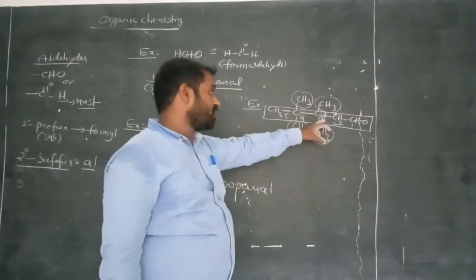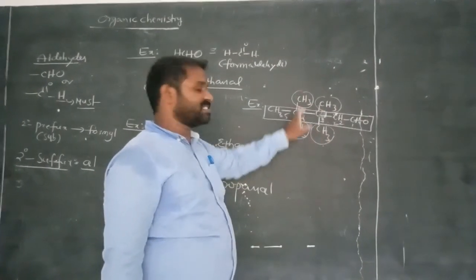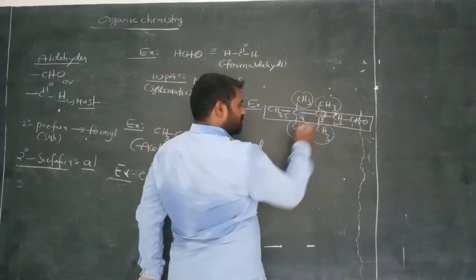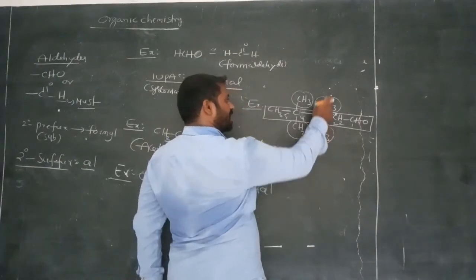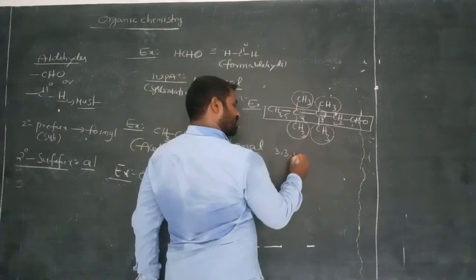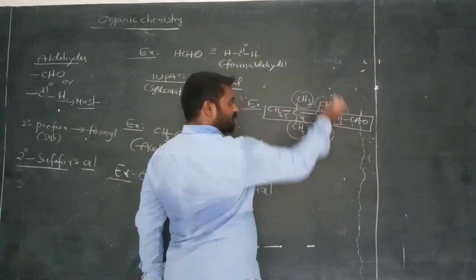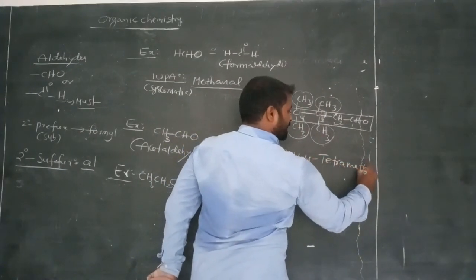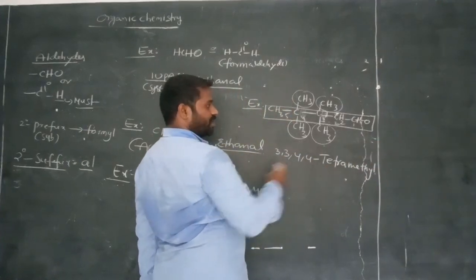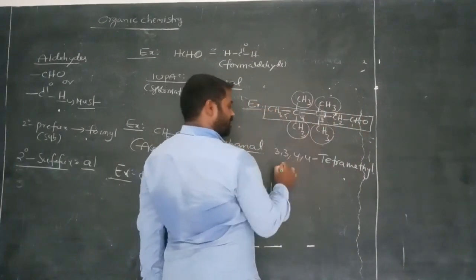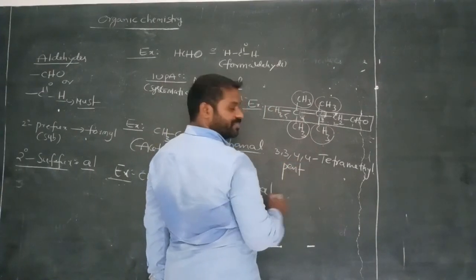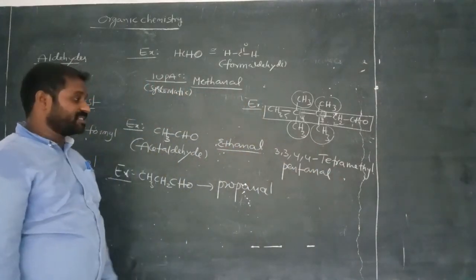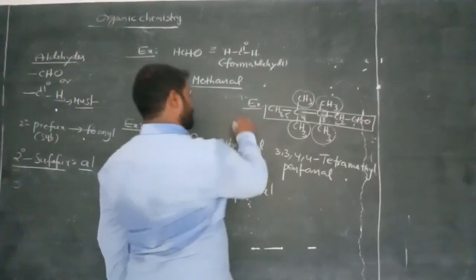CH3 means methyl groups. On the third carbon it consists of 2 methyl groups, and the fourth carbon also has 2 methyl groups. So write the substituents, that means the secondary prefix. On the third carbon, 3, 3. Why? Because at the third carbon 2 methyl groups are present. Come to the fourth one. The fourth carbon also consists of 2 methyl groups. So 4, 4. Totally how many methyl groups? 4. Tetramethyl. Clear? Then the root word. How many carbons? The longest chain consists of 5. 5 means pent. Then pentanal. 3, 3, 4, 4 tetramethylpentanal. Clear?